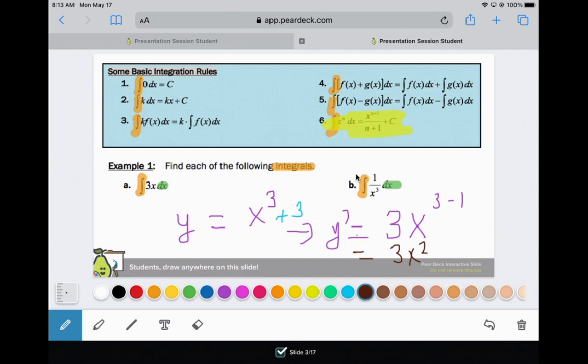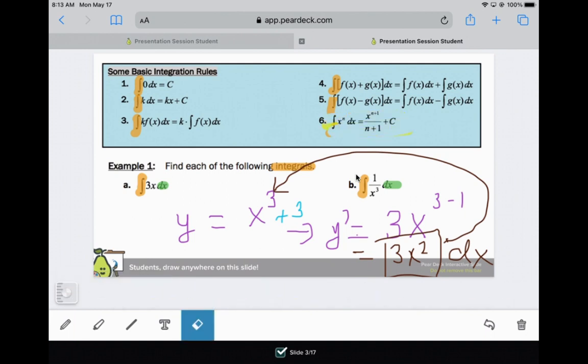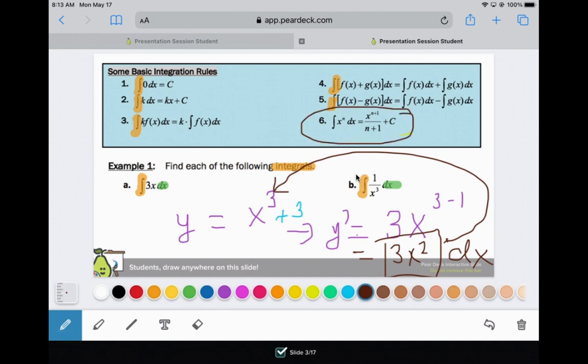So now, integration means this is what's given to you, the integral of 3x squared dx. This is a derivative. They want you to go backward to the original function. So the rule is, remember when you took the derivative, you're going to subtract 1. But if you're going to do the antiderivative, instead of subtracting 1, look at rule number 6. We're going to add 1